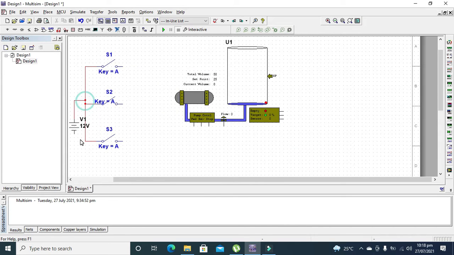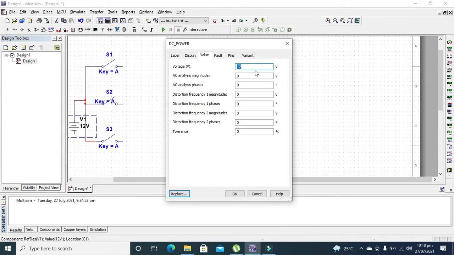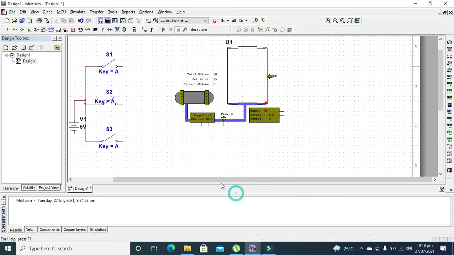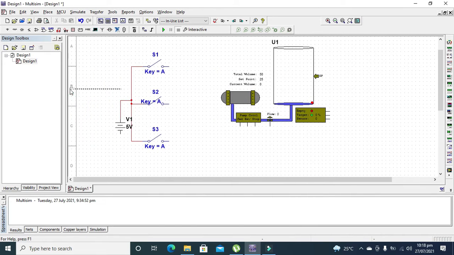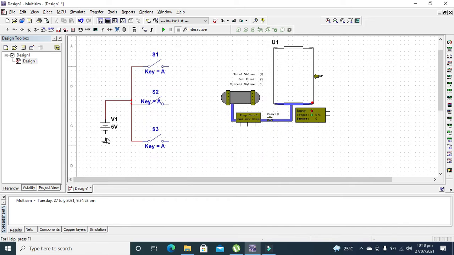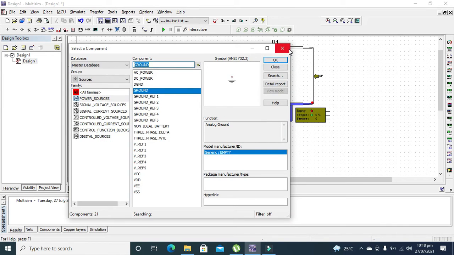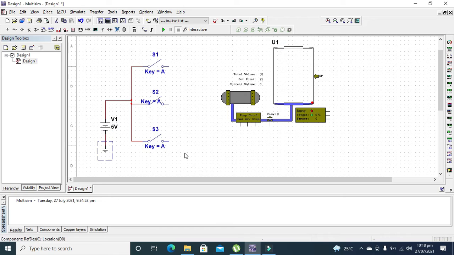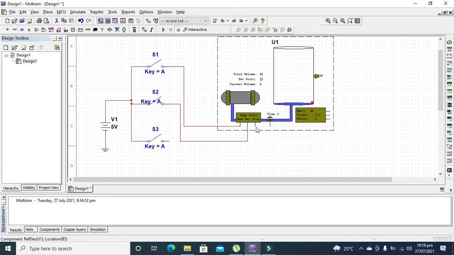And we need to select 5 volt here rather than some higher voltage because it can be harmful for our component. So we will take our ground pin and connect it like that. Now we will connect forward with this, reverse with this, and stop with this.